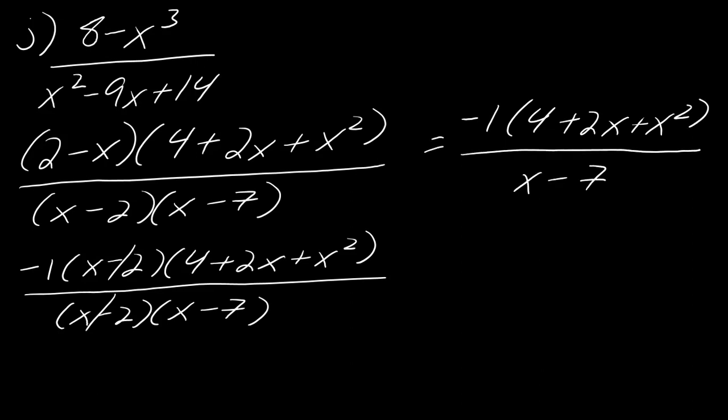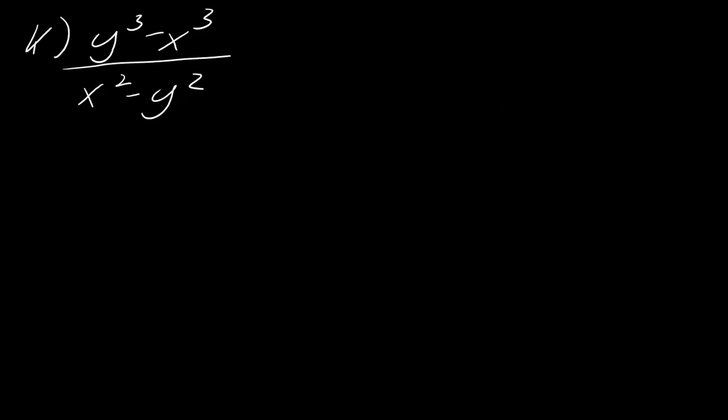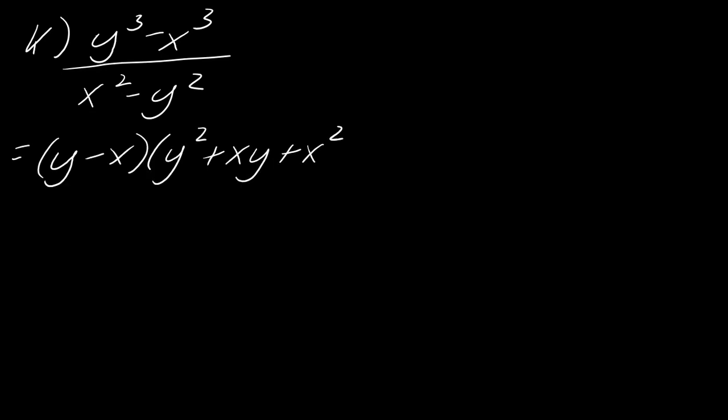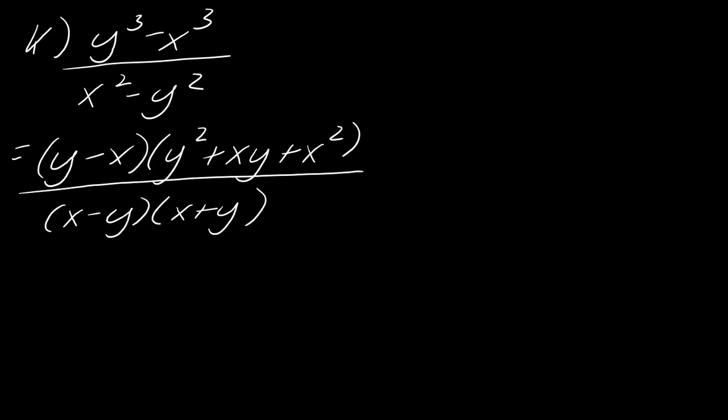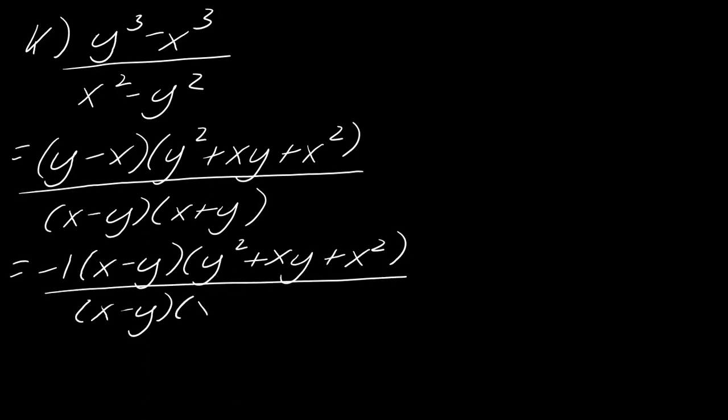Okay. So last one. So this now is going to use the difference of cubes on top and the difference of squares on bottom. So to show you how this factors, we'll have, and so now you can see that we need to do the -1 trick with this y minus x and this x minus y, so I'll do it on top. And so now my final answer will be